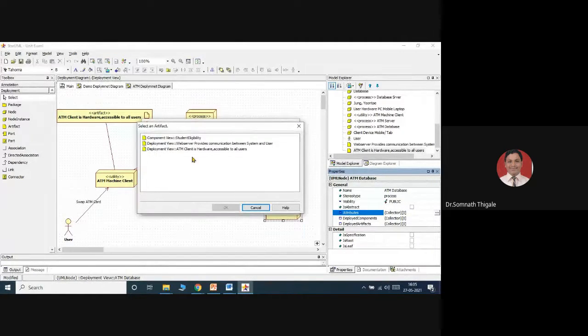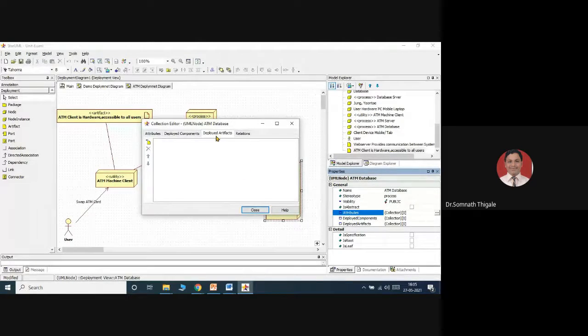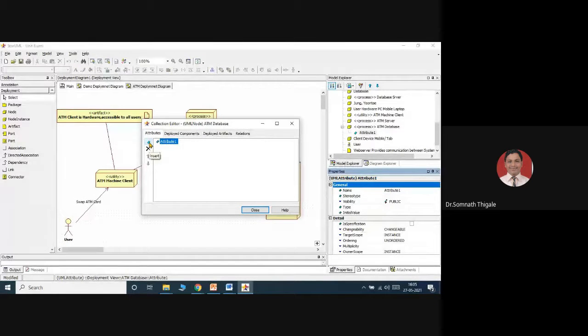The first artifact, as we can say, is student eligibility, web server provides communication, the deployment client is hardware accessible to the users. So cancel these relationships. Okay. Components, attributes. The first attribute, I will rename it. Okay, edit.